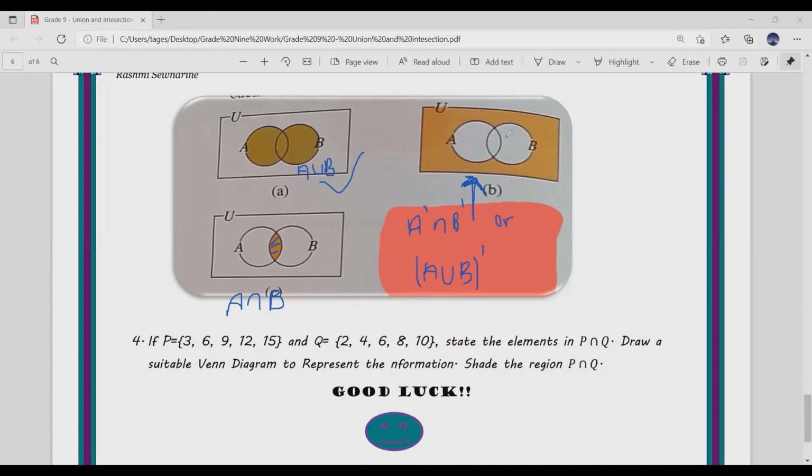Either one is correct for B, and C is A intersect B, and that's about it for this here. So we're moving on to the final